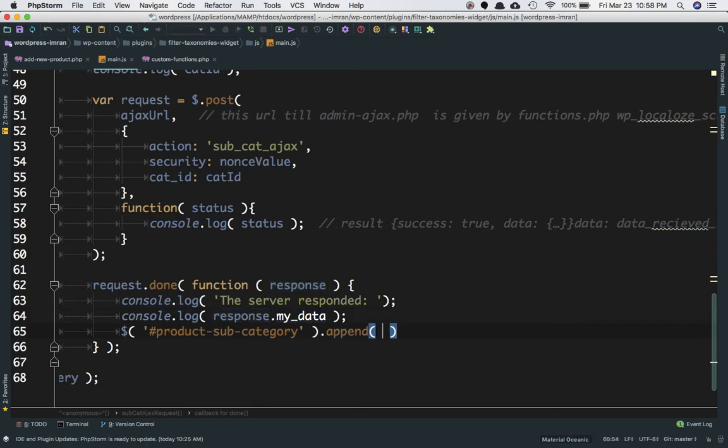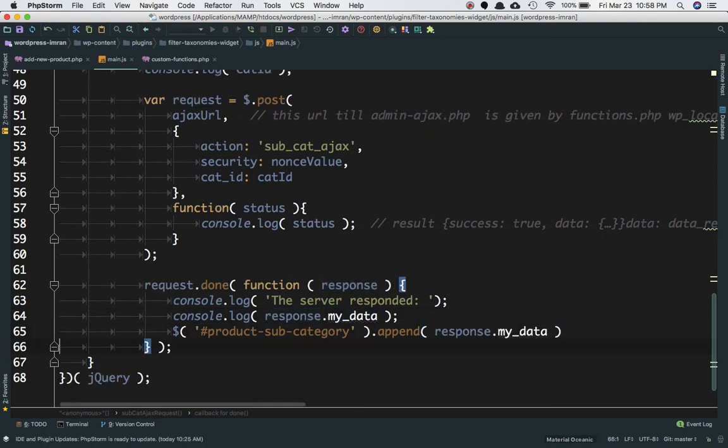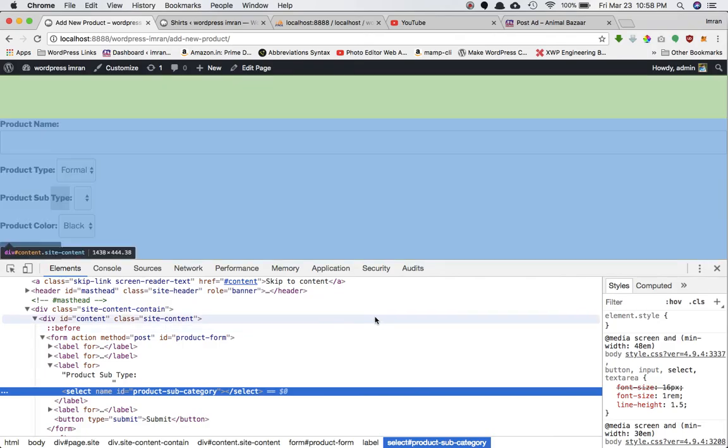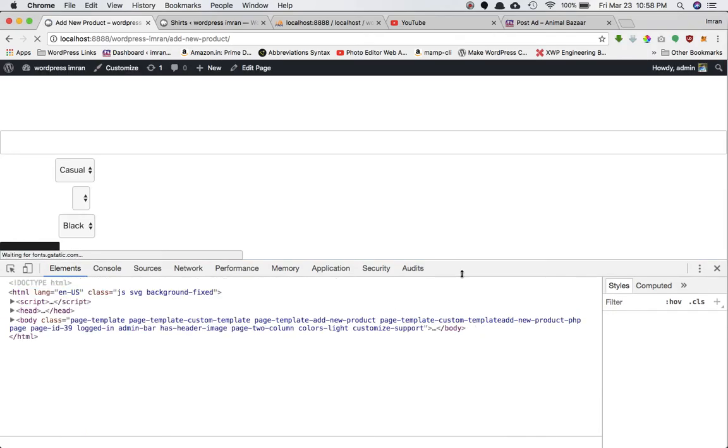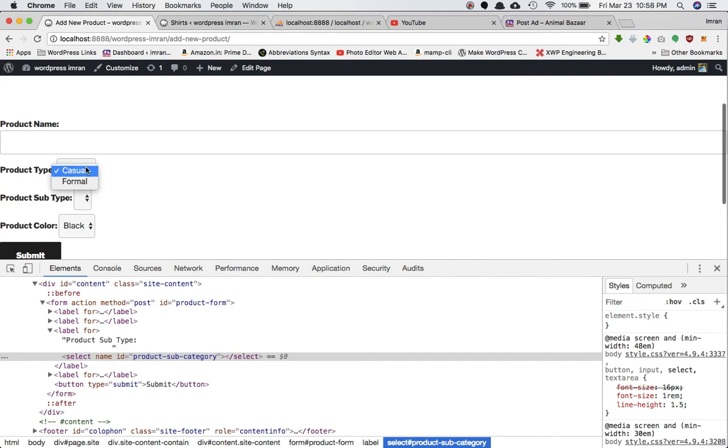Okay, so what's going to happen is it's going to give me the whole list of whatever I need there. Let's refresh the page. If you go ahead and select formal,